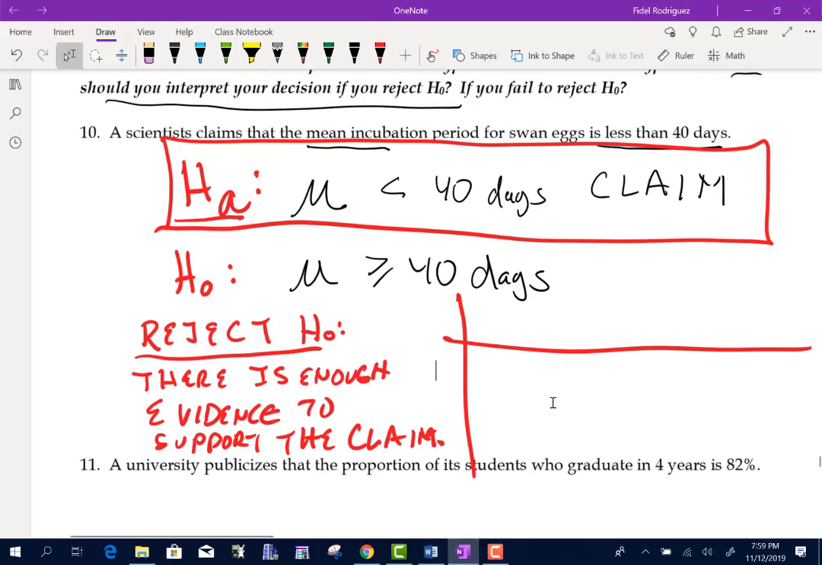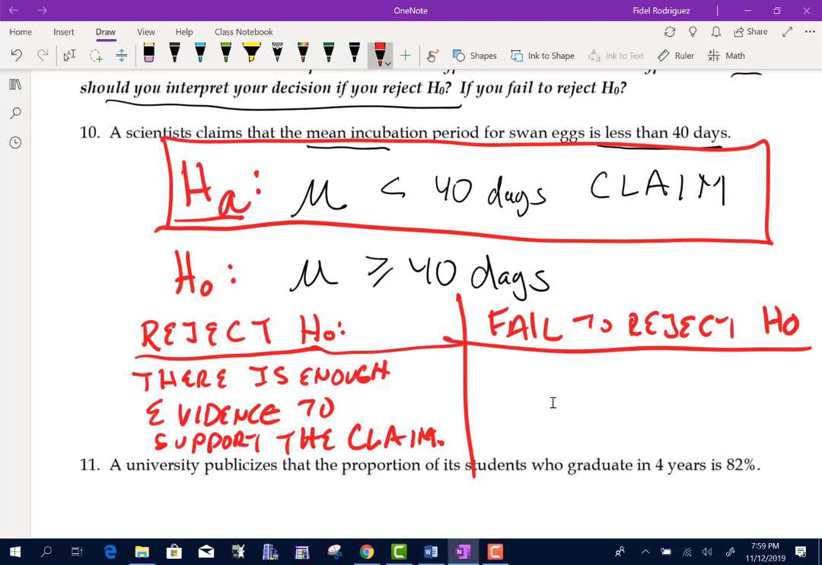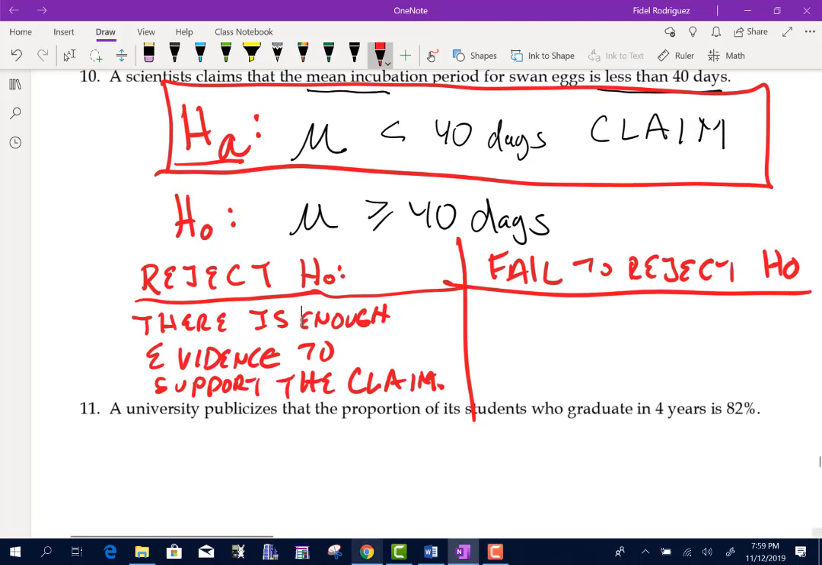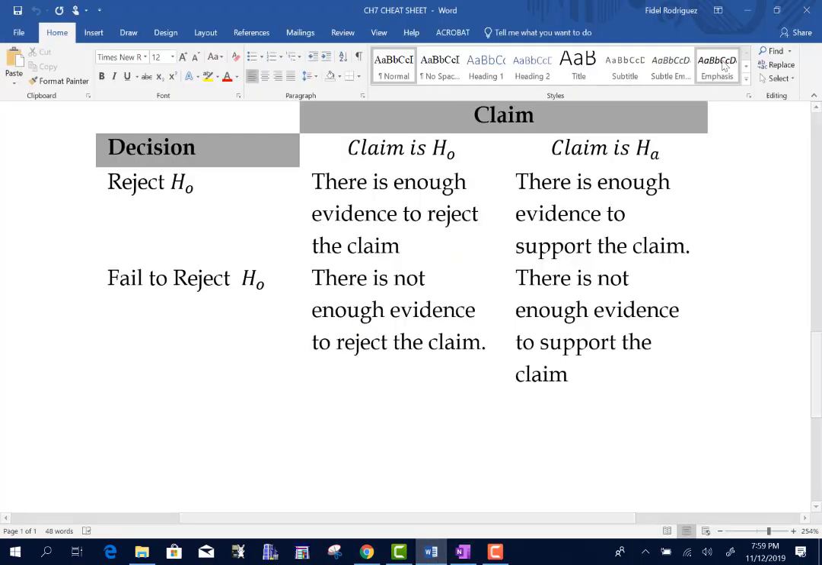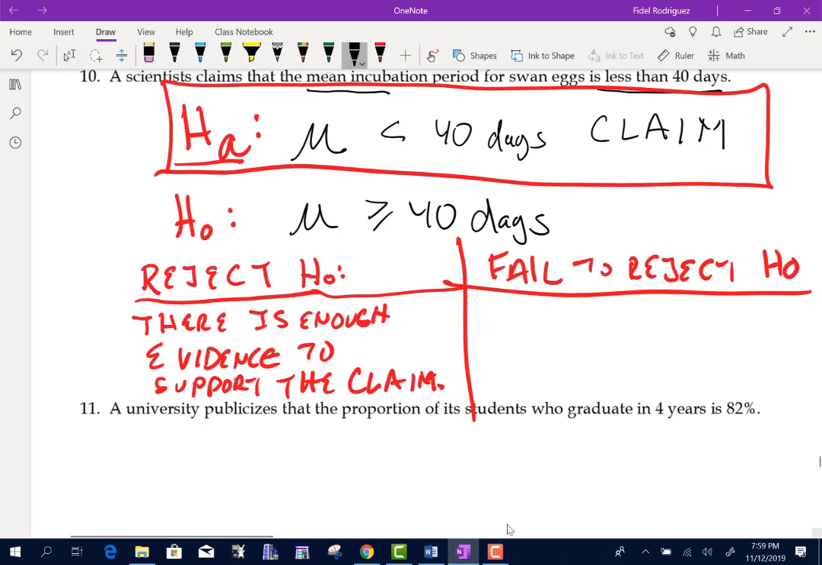So we can either reject it or we can fail to reject it. So right here, guys, I'm going to put fail to reject. That's right. Well, because there's basically two separate answers, right? One of them is if I reject it, the other one is if I fail to reject it, right? So if I fail to reject it, guys, again, all I'm going to do is I'm going to switch back over here. If I fail to reject it, look what it says. There's not enough evidence to support the claim, right? So that's all I'm going to write right here, guys. There is not